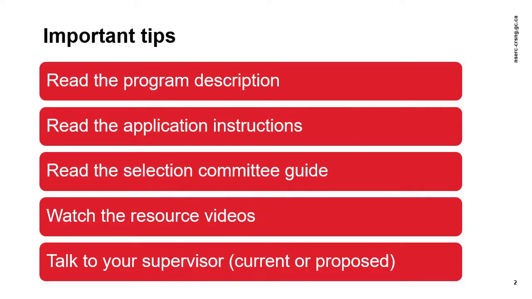Second, we strongly encourage you to read and refer to the Selection Committee Guide for Postgraduate Scholarships, Doctoral, and Postdoctoral Fellowships programs throughout the application process. This guide is a key resource used by Scholarships and Fellowships Selection Committee members during their evaluations and includes information on how the selection criteria are assessed by reviewers. While preparing your application, you should provide evidence and examples that fit these selection criteria so that reviewers can fully assess your research, leadership, and academic qualities during the review process.